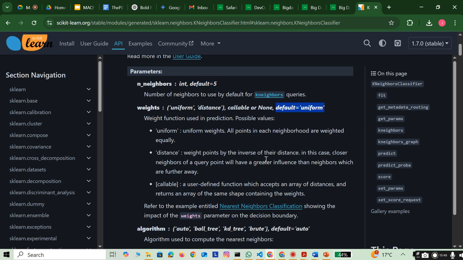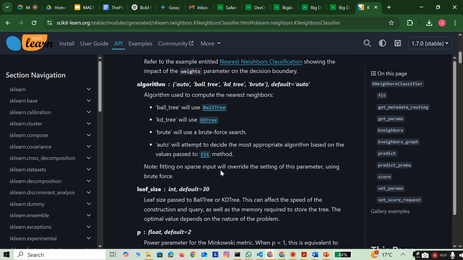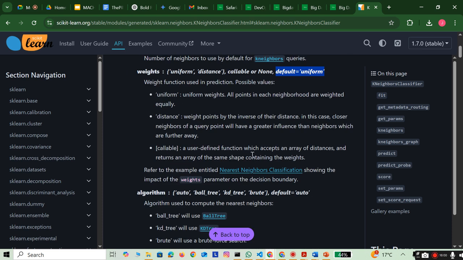Distance: weight points by the inverse of their distance. In this case, closer neighbors of a query point will have a greater influence than neighbors which are further away. So, like I said before, if you're not sure